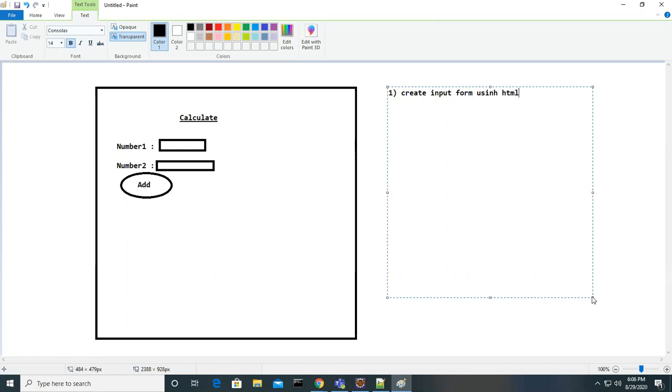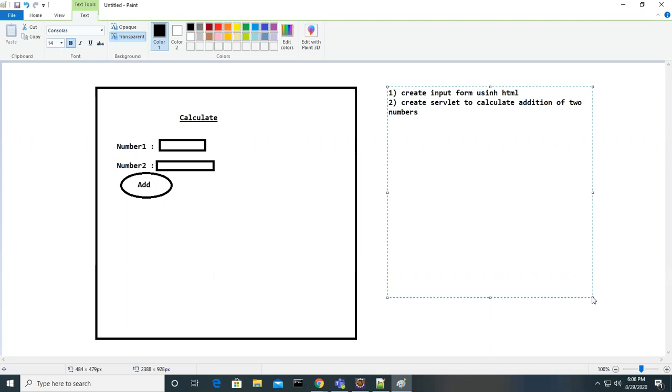Once you have created the input form and are ready with that, create one servlet to calculate the addition of two numbers. These are the two things I have to do.